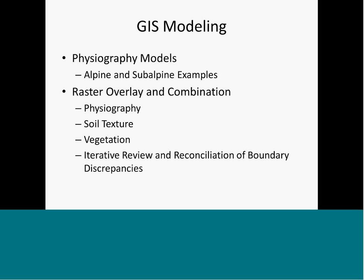Another key part about the GIS modeling was that to get to the types and the soil landscapes at the end, we had a raster overlay and combination process. The key inputs were the physiography layers we developed, the soil texture, which was derived from the surficial geology map, and the raster vegetation, which was the third national land cover data set map, and to minimize the discrepancies that can result from these raster overlays,